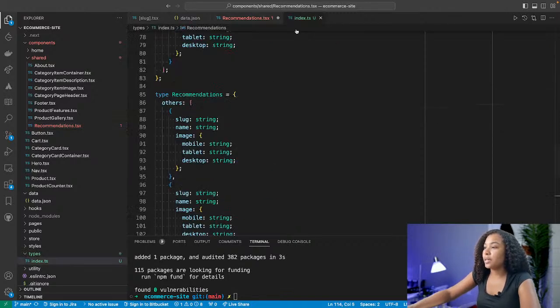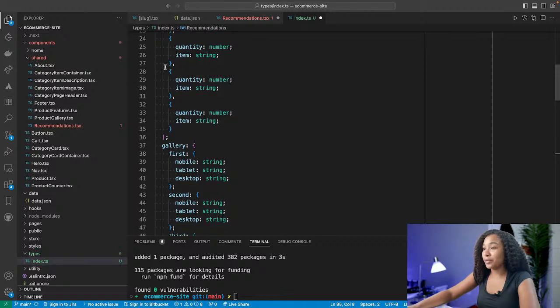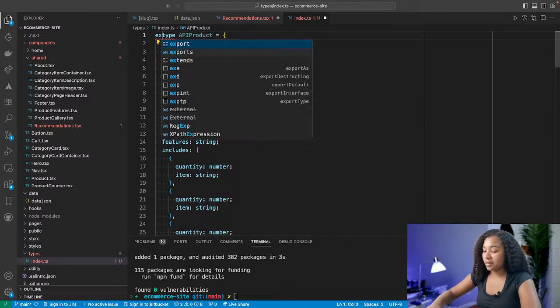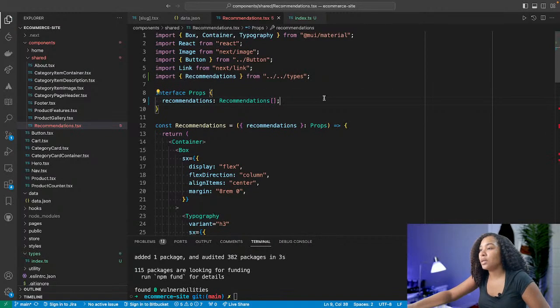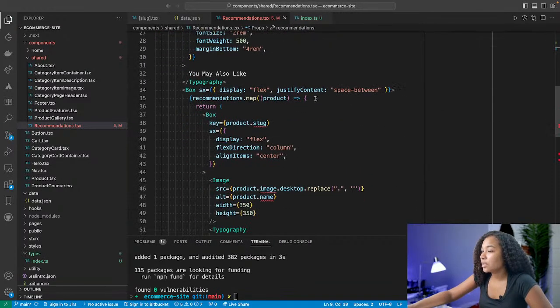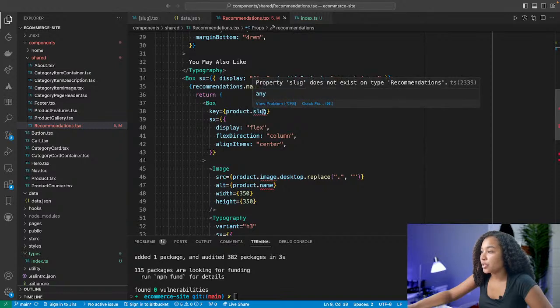Oh, and you know what? Sorry, I did not export either of these types. So it would be really hard for us to import them if they're not exported. All right, cool. So let's go ahead and recommendations, import that from types. And we will start to get some errors. And that is just because